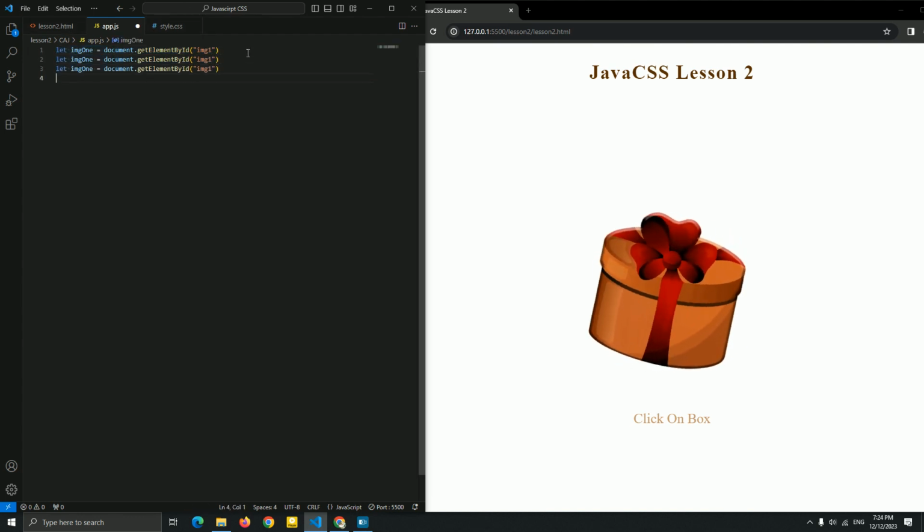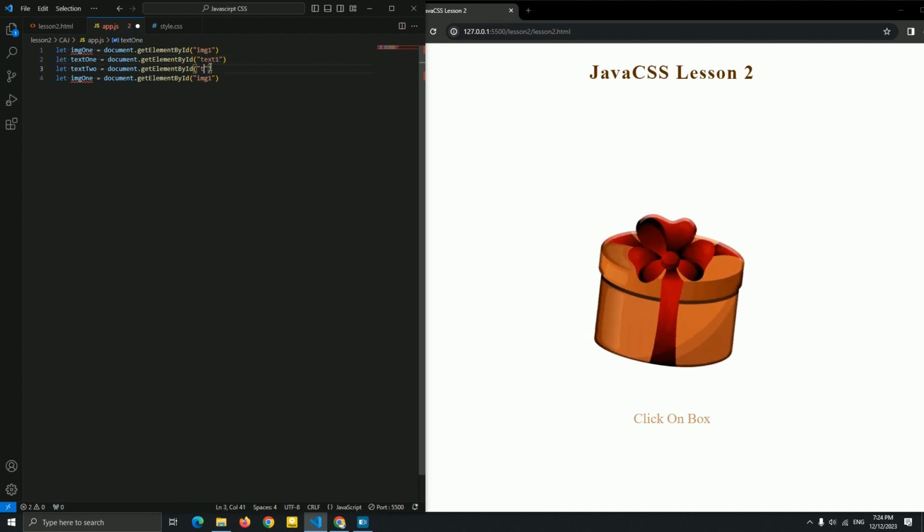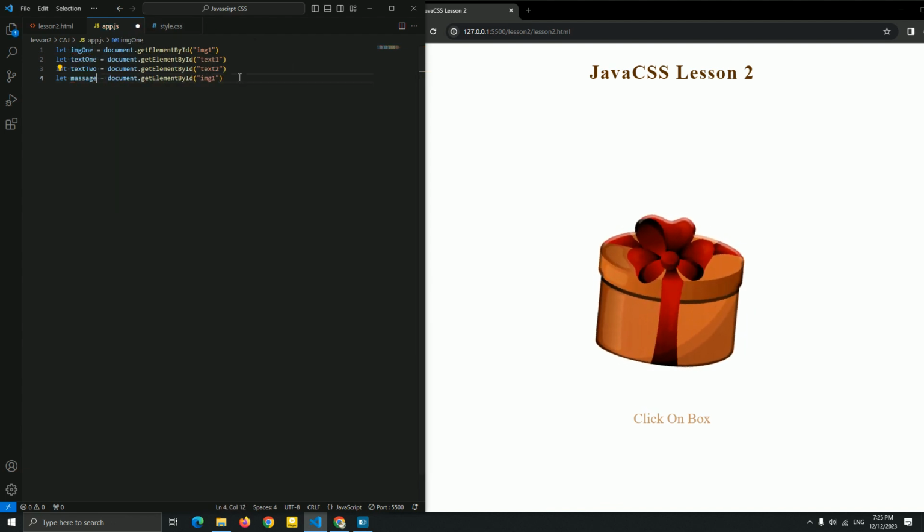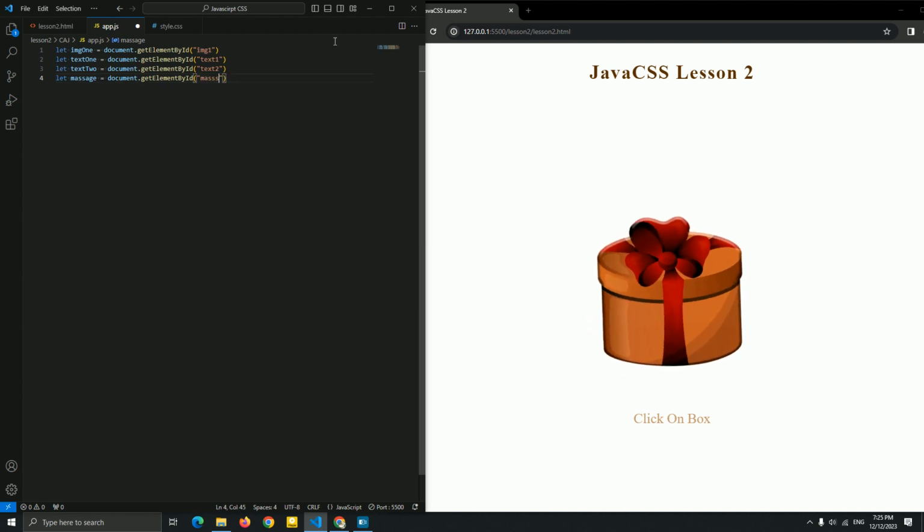Let me just copy paste it: text1, text2, and yes, let's not forget about the JavaScript message, and message.